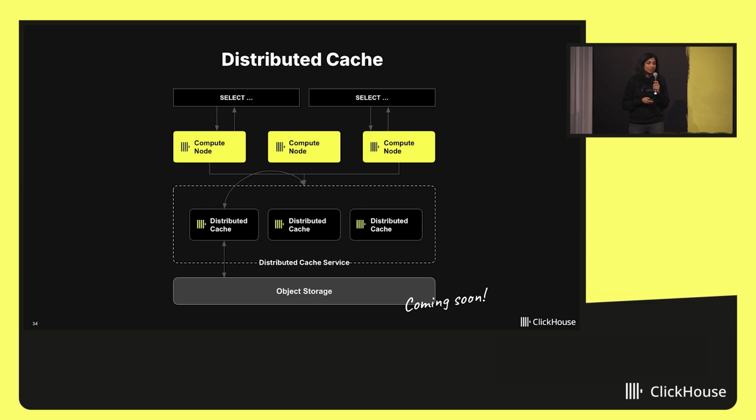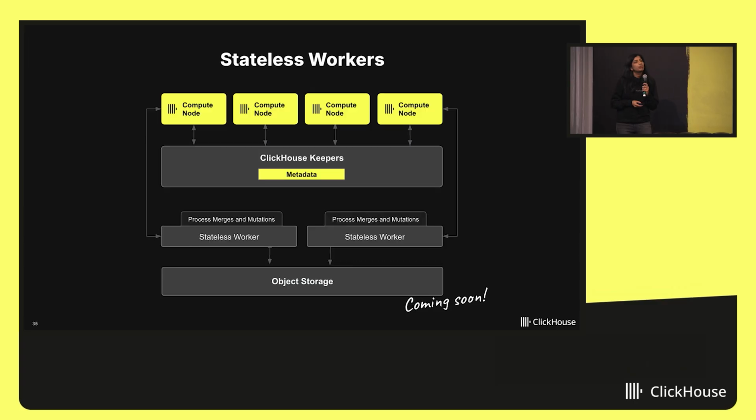And yeah, no more cold starts. That's been one of our core missions since we started. We said, okay, this is inching our way towards that mission. And the next feature that is work underway is stateless workers. The idea here, again, is how do we make ClickHouse faster and more efficient? The principle is being able to offload your compute-heavy operations such as merges and mutations to a lightweight stateless worker node, so you're able to reserve your compute resources for more customer-facing, more critical operations. This just overall improves the efficiency, throughput, and performance, and rest assured you're being more resource efficient when it comes to managing your compute.